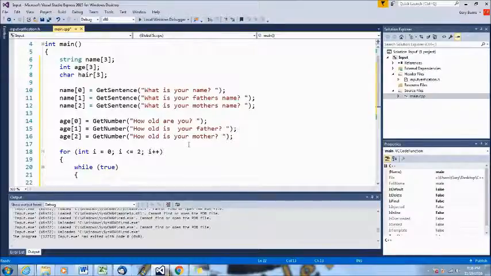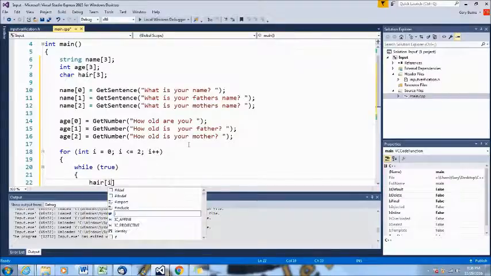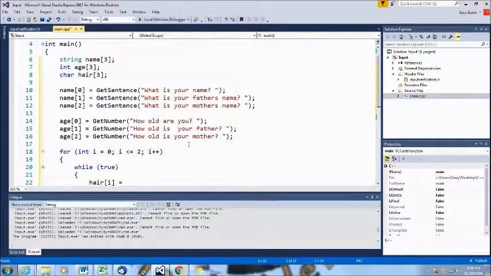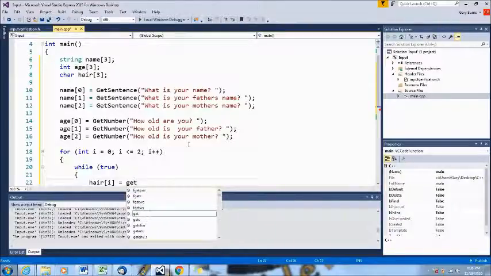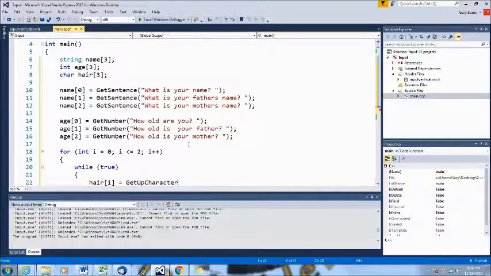We're running one loop inside another loop, and these can sometimes get nested pretty deep. So while true, we're going to say hair I equals get upper character, and the prompt is going to be,